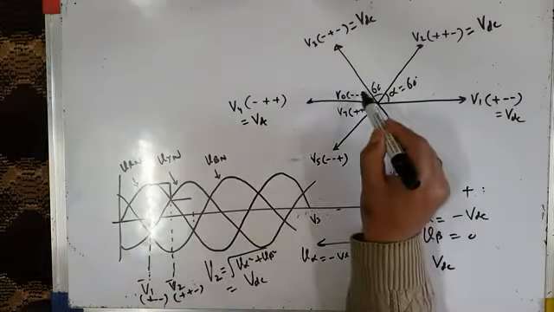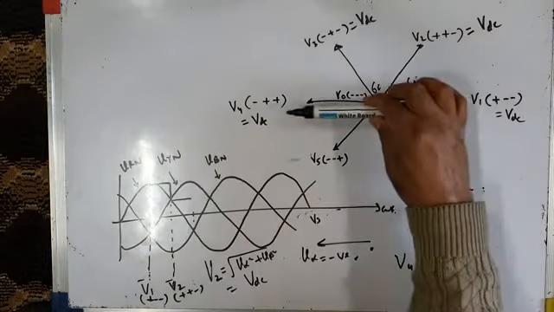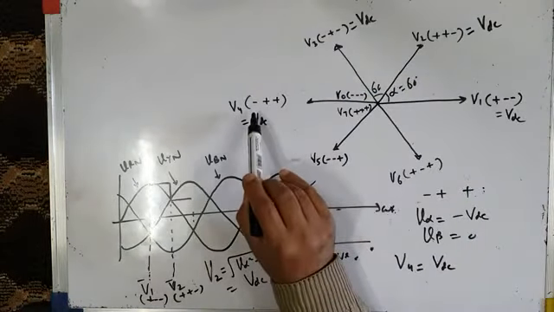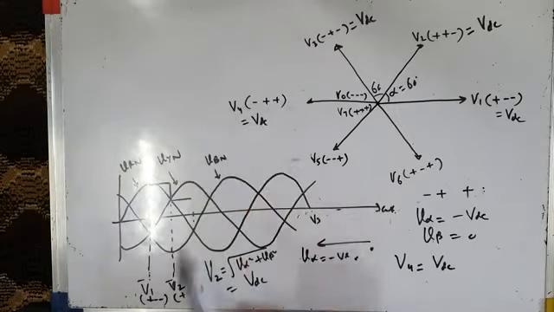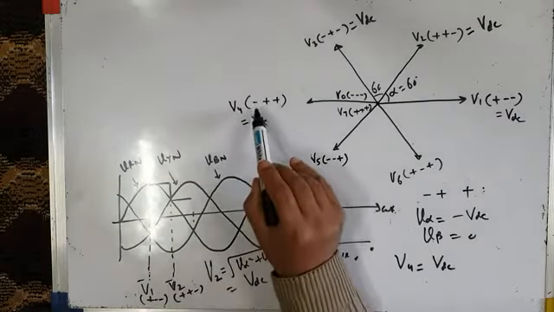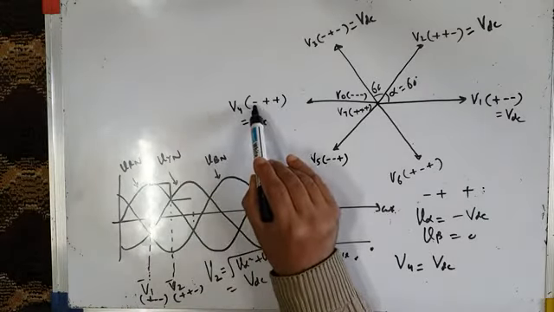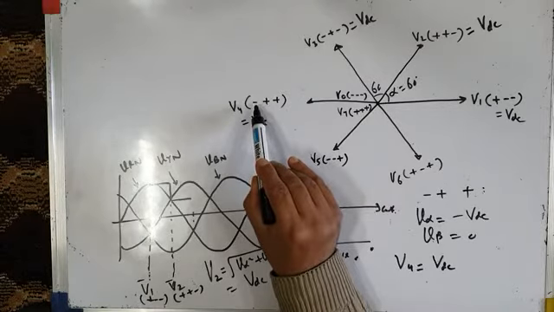That means after 60 degrees, a new voltage vector gets applied across the load, whose switching state is minus plus plus. Minus plus plus means R phase is having some maximum negative value now. R phase is having maximum,